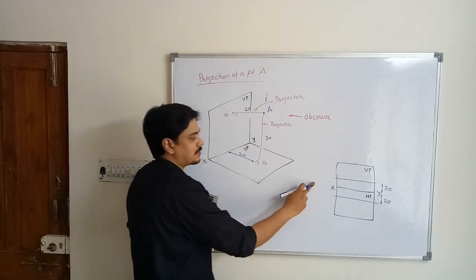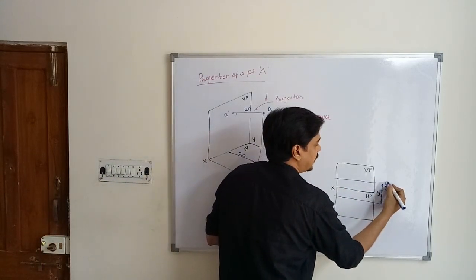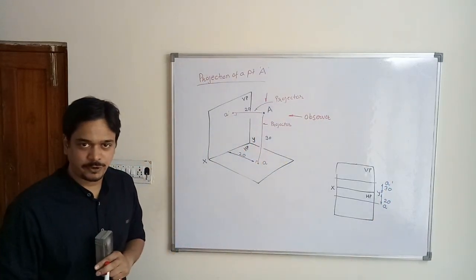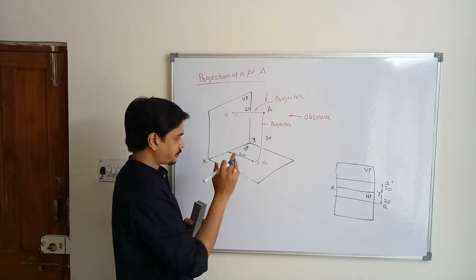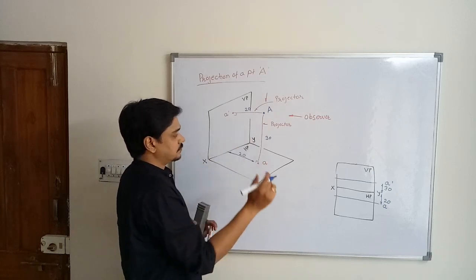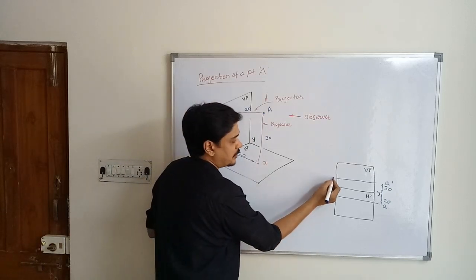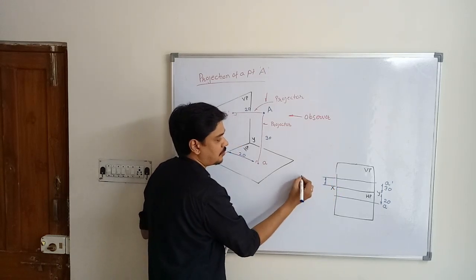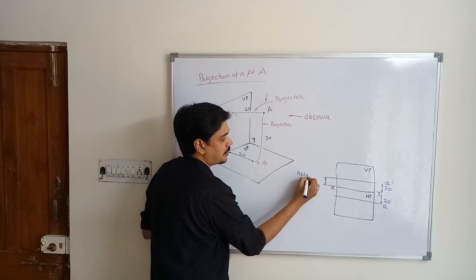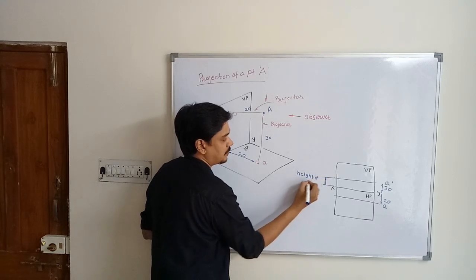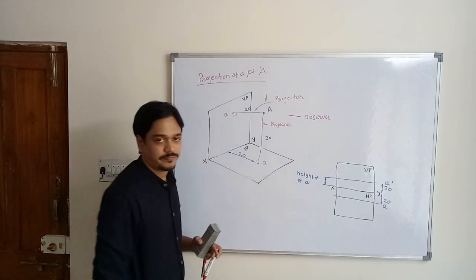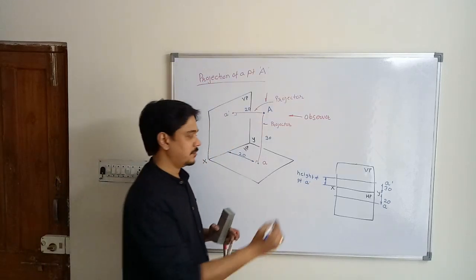This first vertical line represents the A dash point and this 20 distance represents the A point. Now what is this distance called? This distance is called the height of point A dash,